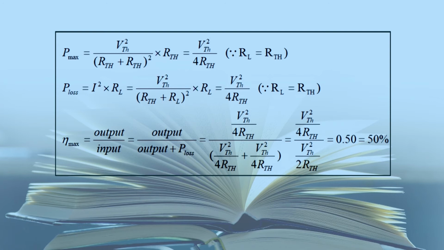For maximum power transfer, the load resistance should be equal to the Thevenin equivalent resistance, or you can say the Norton equivalent resistance, because the methods to find the Norton equivalent resistance or Thevenin equivalent resistance are the same. Under the condition of maximum power transfer, the efficiency of the system is always 50%. So this is how we can calculate the efficiency of the maximum power transfer theorem. So this theorem is applied where the aim is to transfer the maximum power, not the efficiency.